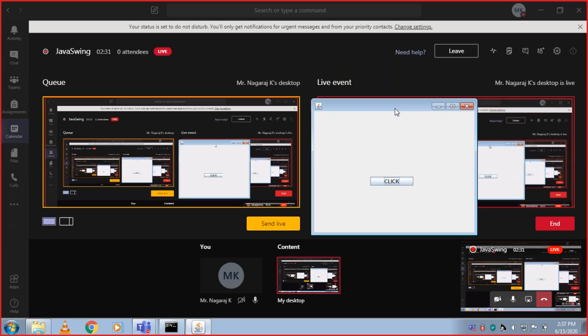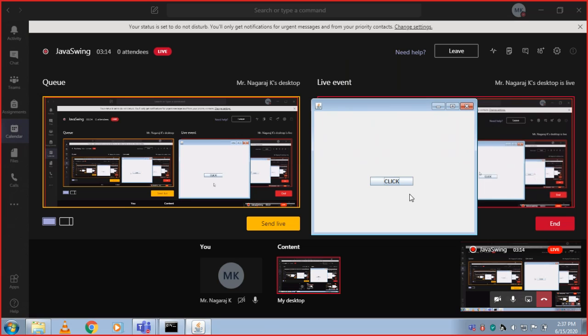Before we start going through the programs of Java Swing, we'll see components and containers. As the name itself says, a component is an independent visual control, for example a button, slider, or label. Here we have a button, so this is the component. They are called independent visual controls. And containers are going to hold a group of components.